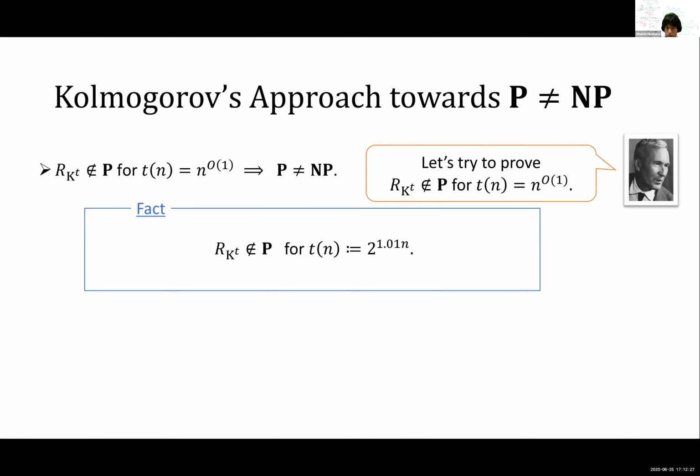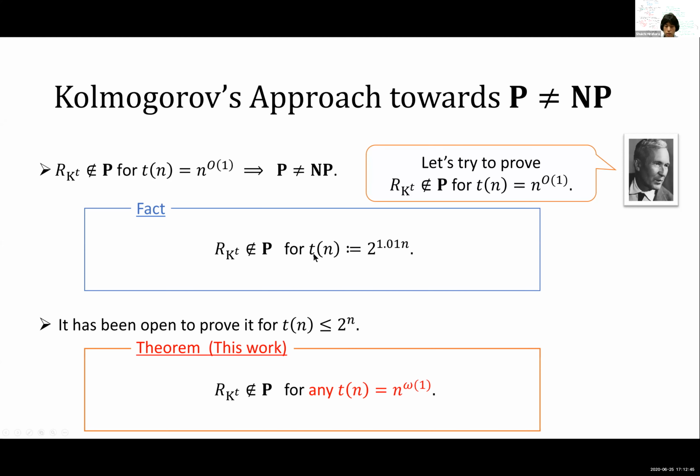But unfortunately, what we knew before is that if you take an exponential bound, we can prove that the set of Kolmogorov random strings can't be solved in polynomial time. And it has been an open question to prove the same thing when the time bound is smaller than 2 to the n. What we are able to show in this work is to resolve this question for any super polynomial time bound. This is one of our results, but more broadly, we develop new proof techniques for analyzing